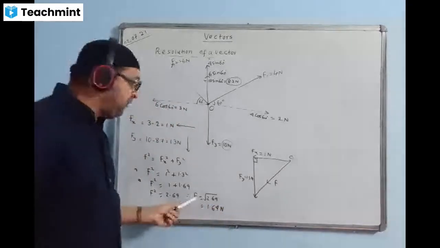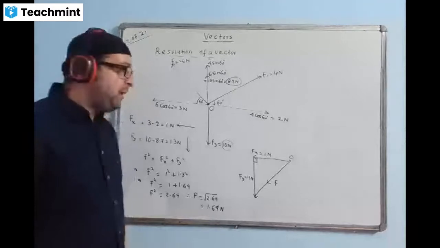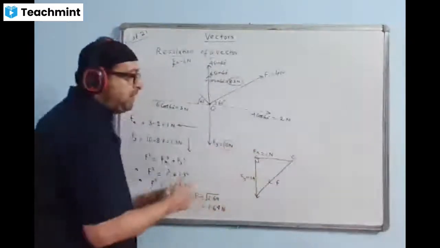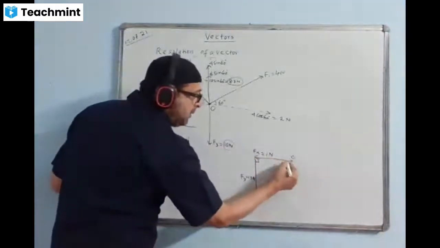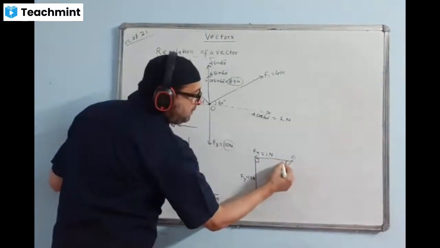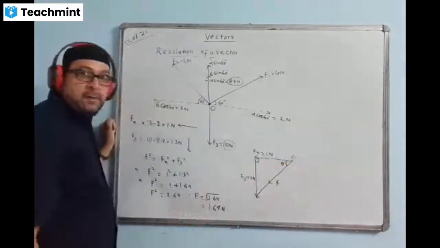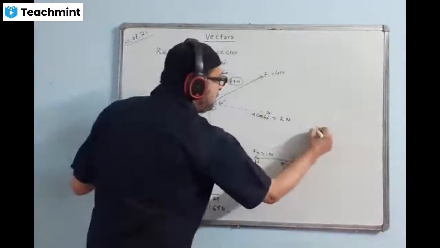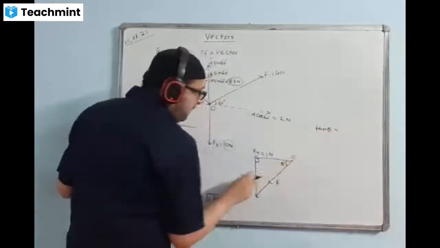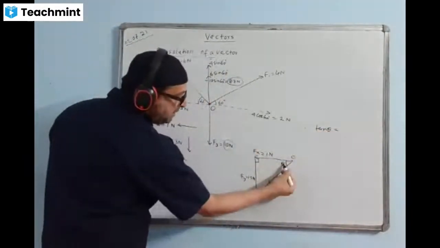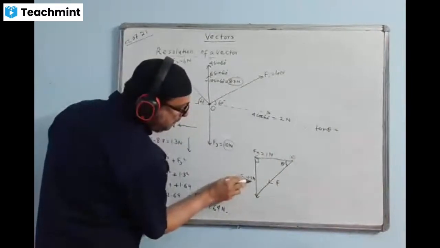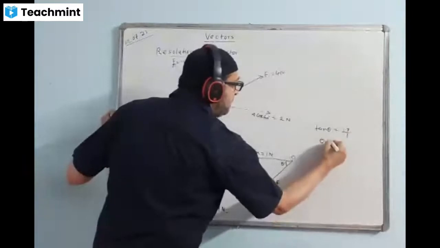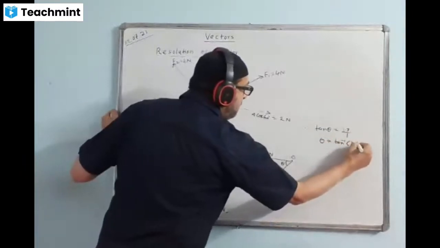What is the direction of this F? It doesn't act in any particular direction, neither this side nor that side. It is some different direction, so we'll find this angle. This angle we can mark as alpha or theta. Now I find the angle for the direction, so I'll use tan theta. Tan theta is perpendicular by the base. Here is angle theta; opposite to it is the perpendicular. 1.3 divided by 1. Therefore, theta will be tan inverse of 1.3.